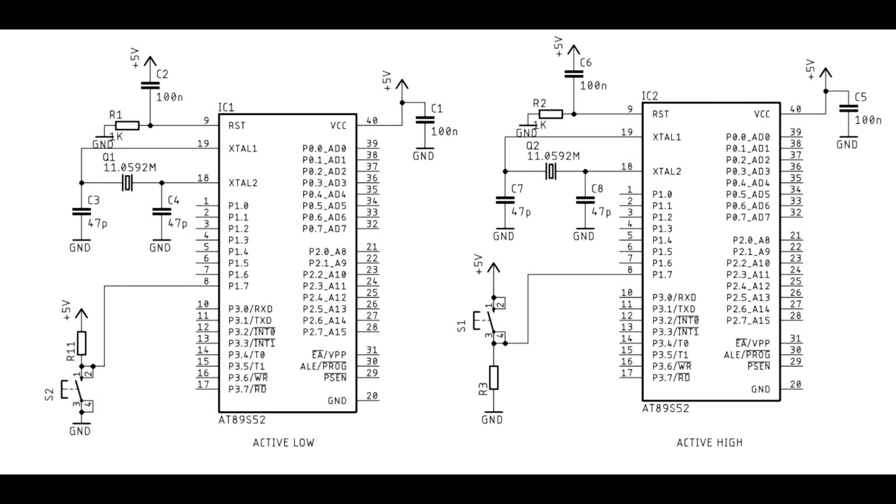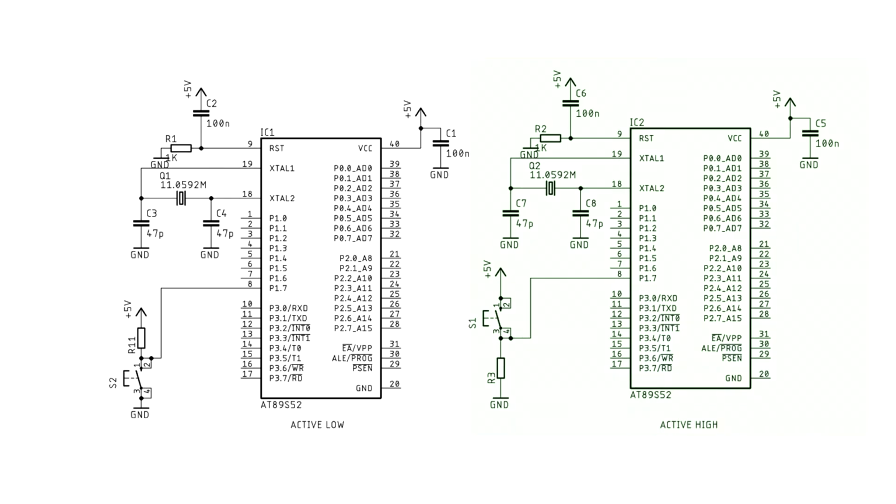Like the LED, switches can be connected in two ways to the microcontroller. It can be connected in active high or active low configuration. With active high configuration, the switch is connected to the microcontroller with a pull-down resistor, a resistor from the MCU pin to ground. The other end of the switch to the supply, when pressed, will send a high logic to